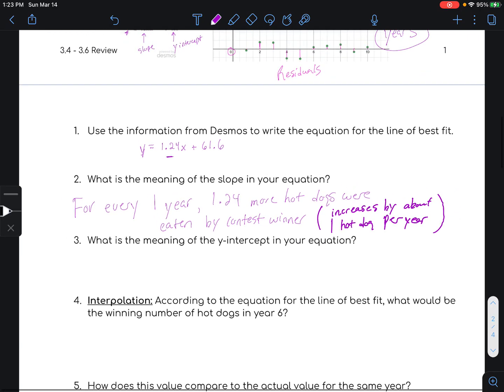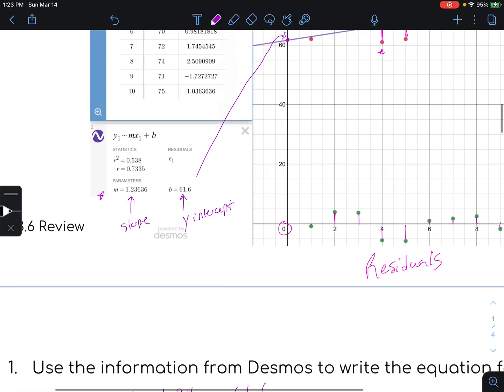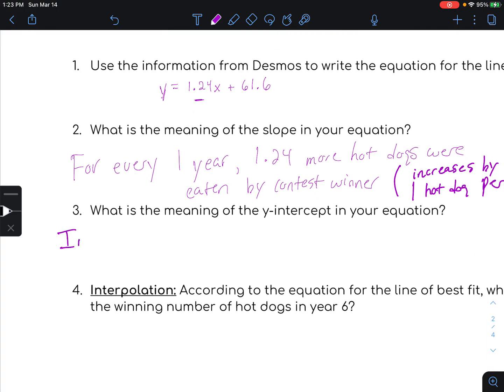All right, what is the meaning of the y-intercept? Okay, so recall that the y-intercept is this number here. And remember, this is years. So remember, that was 2010, because our year 1 was 2011, and year 2 was 2012, and so on and so forth. So in year 0, which was 2010, 61.6, or approximately 62 hot dogs